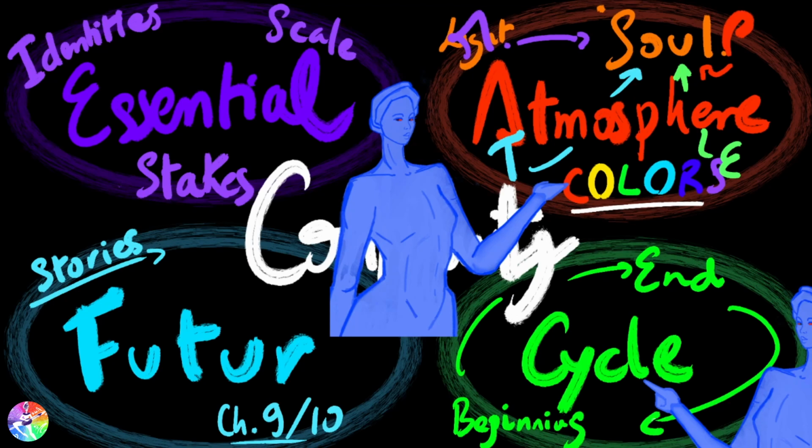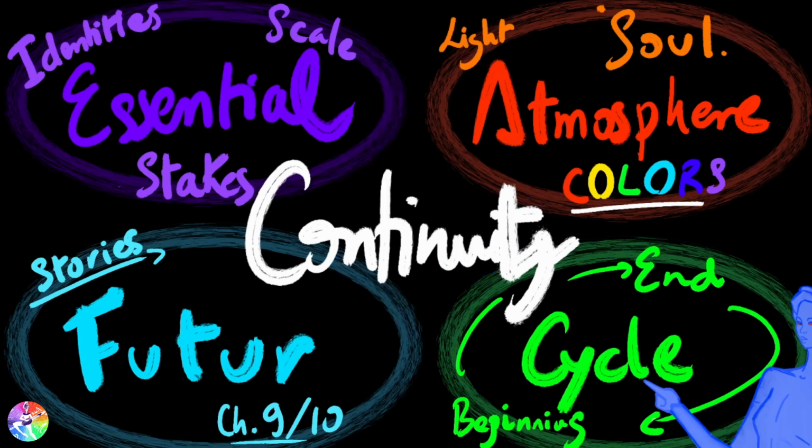Which element should be displayed directly in order to create the cohesion of the cycle? Because you want to create a cycle between the end of your actual story and the beginning of your actual story, but also between the end of your actual story and the beginning of the next story. So it's two cycles really, still between beginning and end, but from your actual story to the next story. Which element do you want to display there?